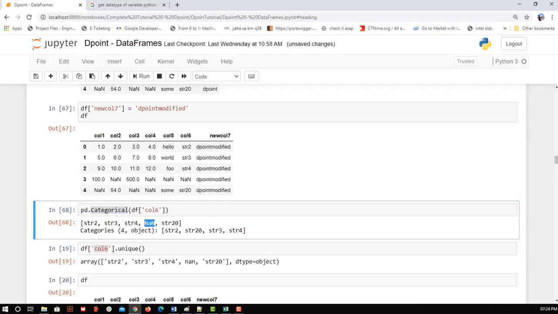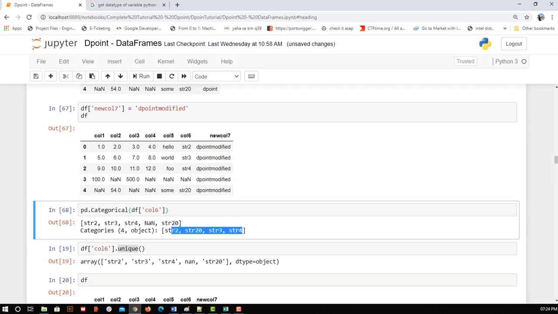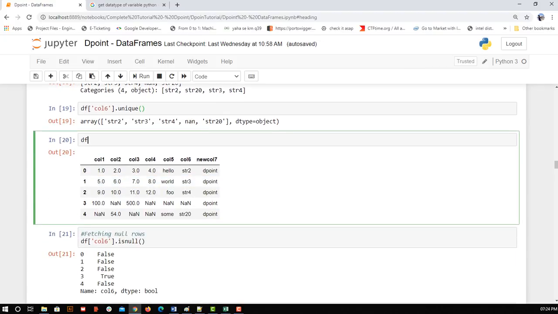So you can see it read, but in categories it is giving me 4, so it is not considering nan as a value, but in unique it is. Even in Java, or we can say set in Python, which you have read about, if nan is coming for the first time that is fine, but if it is repeating again, that makes sense, that is a unique. So this is a value which is not considered in categories. Unique talks about values on which we can do something. Here we can see there are 4 objects, nan is not considered, in the unique it is considered. So this was our data frame again.